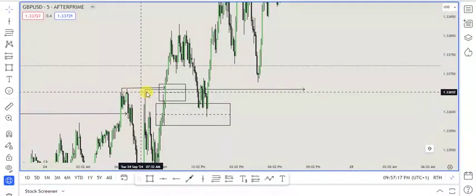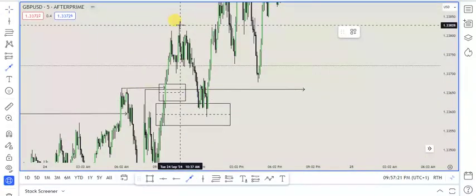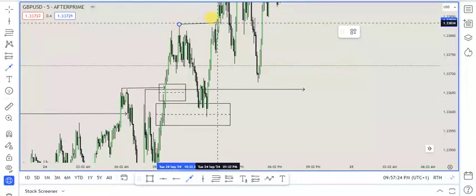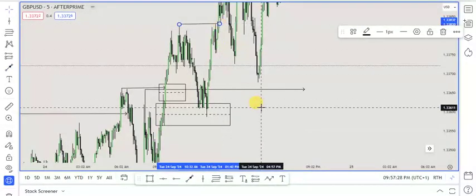So when you see that break, wait for the second break. Don't rush it. Wait for the second break. Once you see the second break, your entry